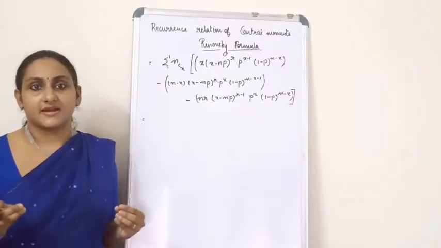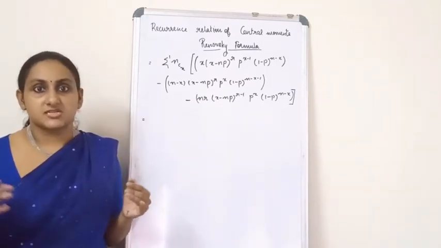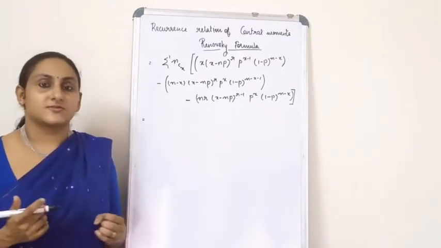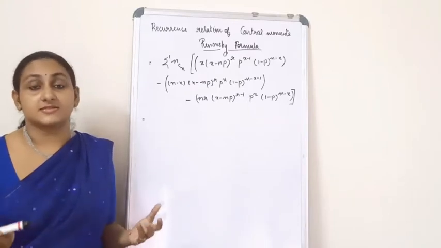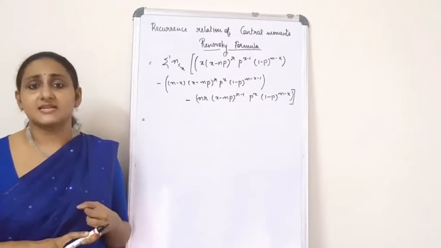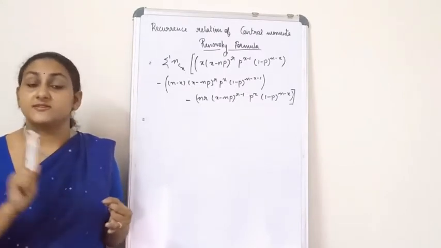Right, now we have arrived at a point where we got three big terms, when we differentiated mu r with respect to p. Now when I closely observe those three terms, we will find that there are two terms that are negative in sign. The first term and I think the third term. Yes, first and the third term.